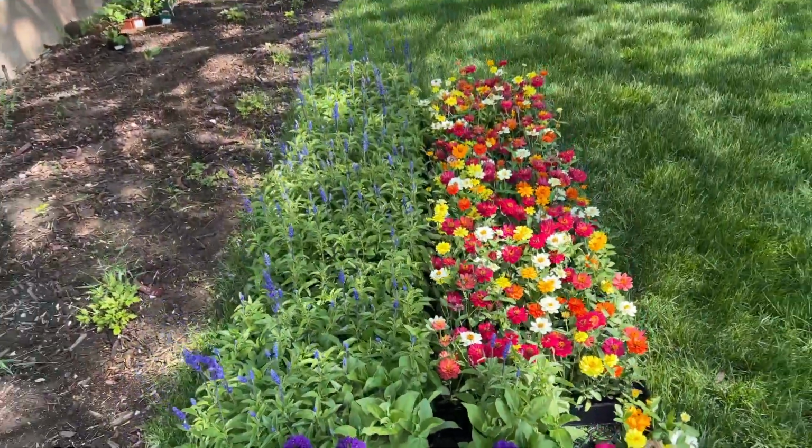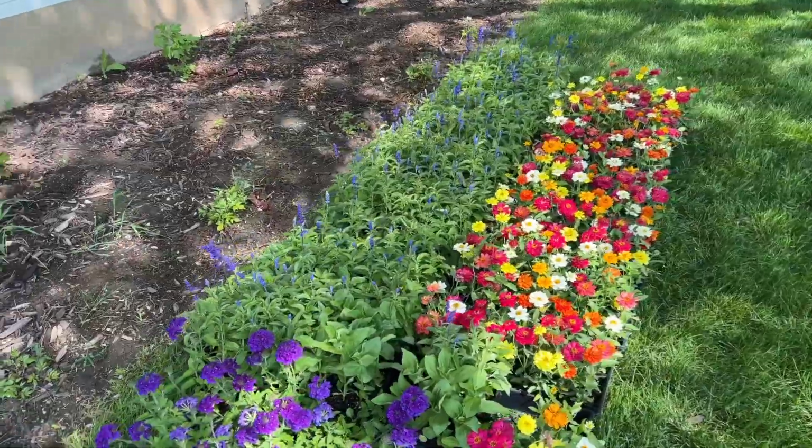So anyways, these ones are just tough as nails, and I'm definitely excited to put them in my yard this